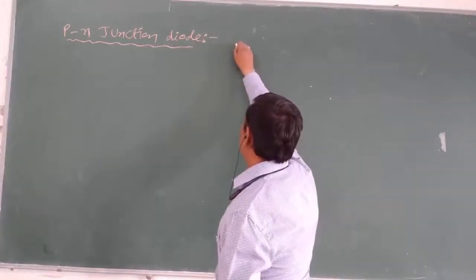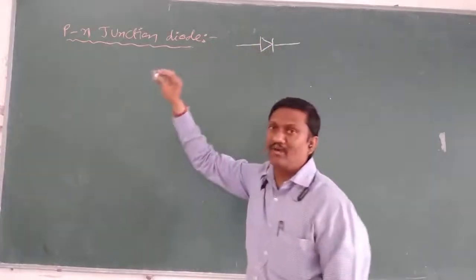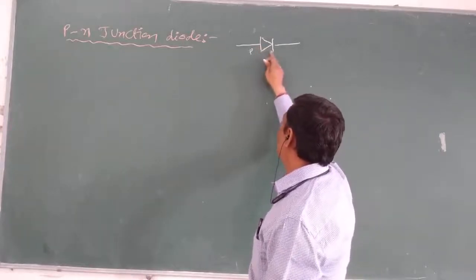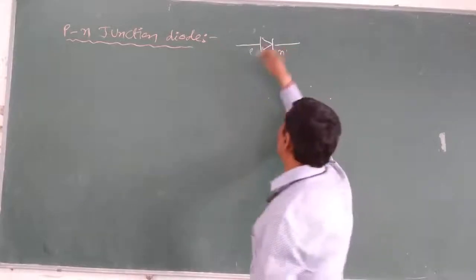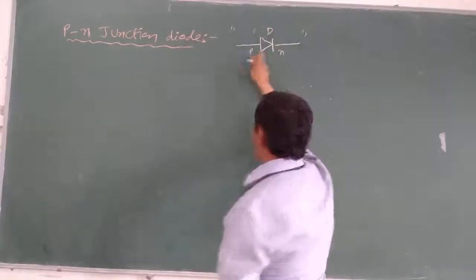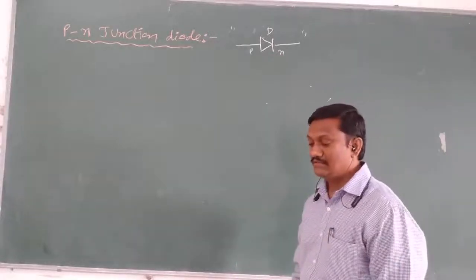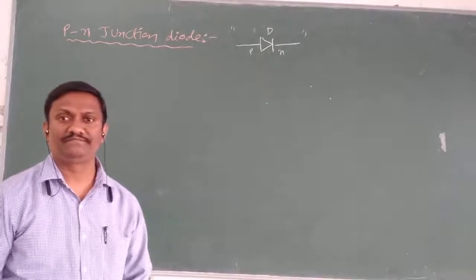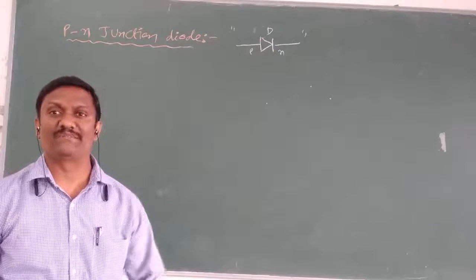Generally the symbol of the p-n junction diode seems to be one arrow mark. The thicker region behaves like p-type and the thinner region behaves like n-type. And that is the symbol of a diode. It has two electrodes, one is the positive type electrode and the second one is the negative type electrode. So that is the general meaning of p-n junction diode: a device which has two electrodes, made up of semiconducting materials.